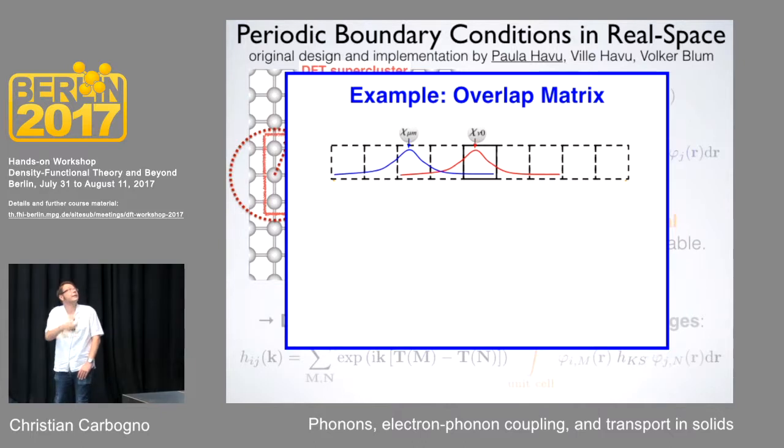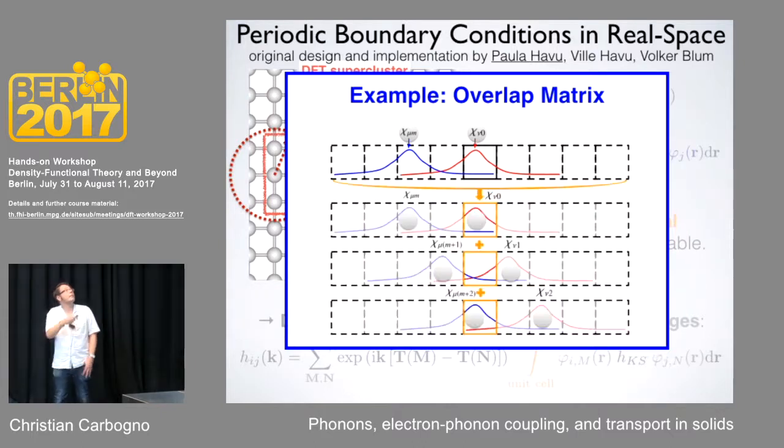So to get such an integral, you just sum up over different copies of these pairs that you shift and shift and shift, and always just sum up over the unit cell. And this gives you the complete integral in the end. So this is done already at a normal DFT level, and this is also why you might have noticed that doing a periodic calculation is typically more expensive than doing a simple molecule calculation with the same number of atoms.